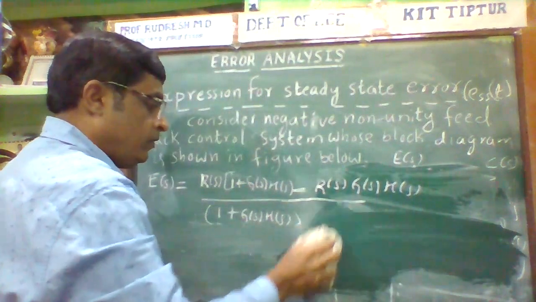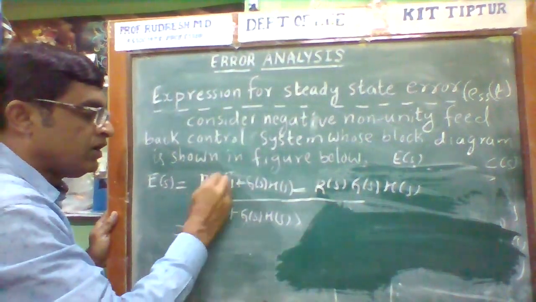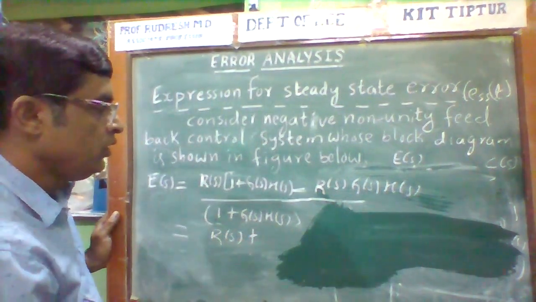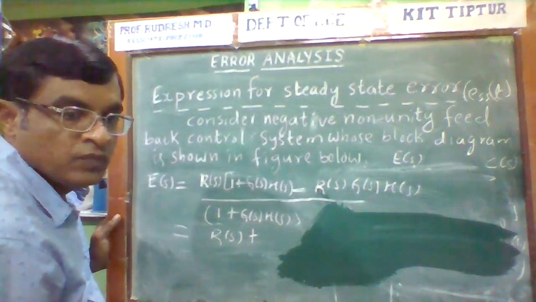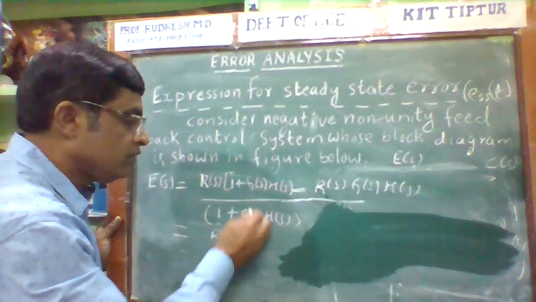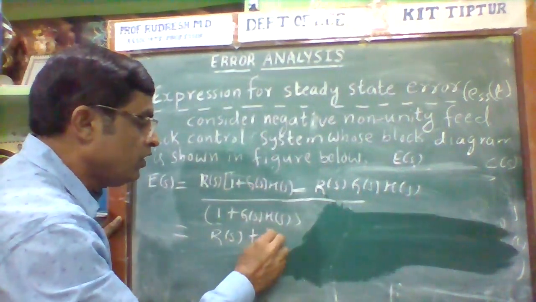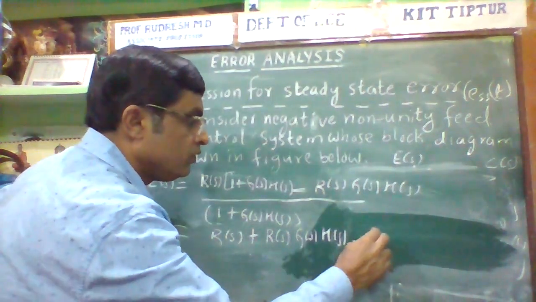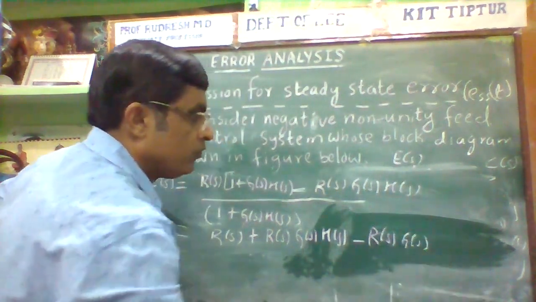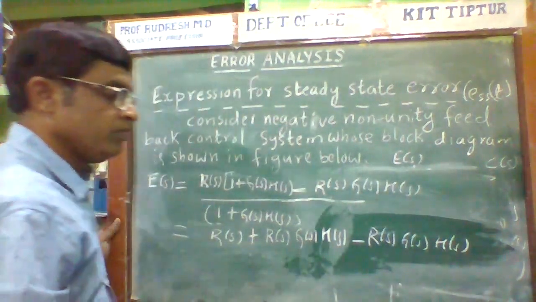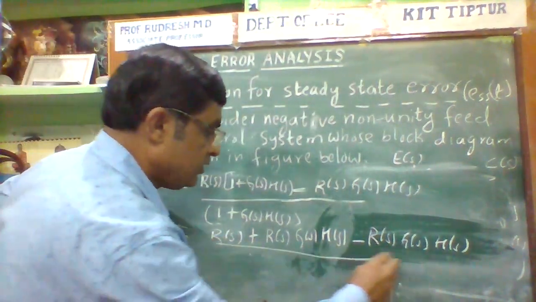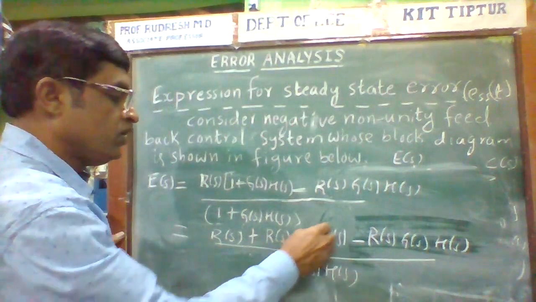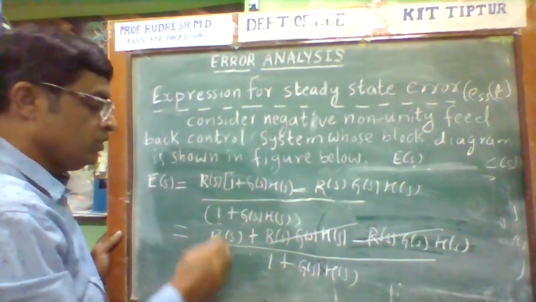R(S) into 1, so plus R(S) G(S) into H(S) minus R(S) G(S) H(S), divided by 1 plus G(S) into H(S). Now R(S) G(S) H(S), this value gets cancelled. The remaining term is